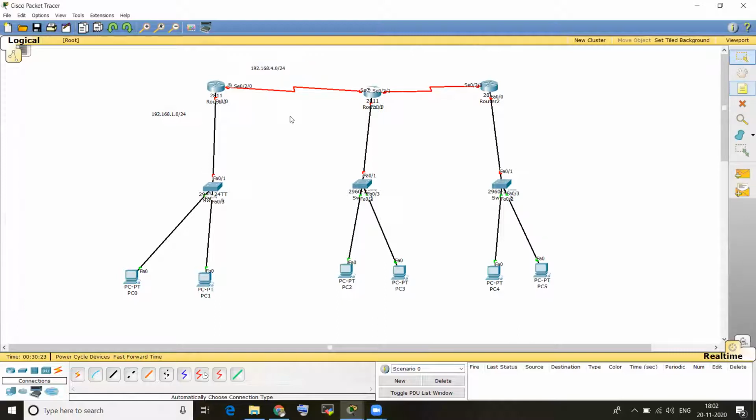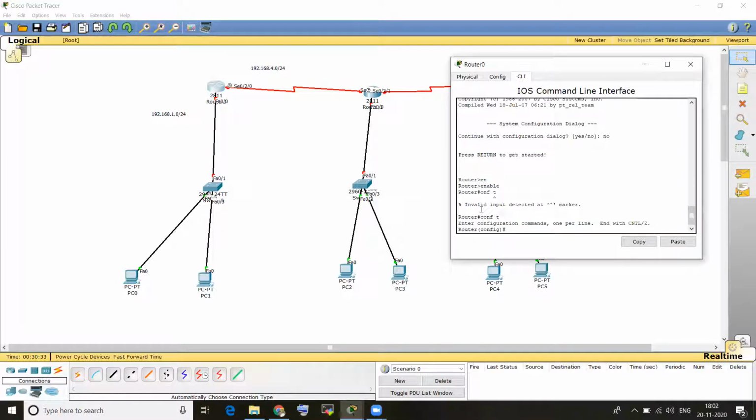So from our router 1 itself we have to assign for this network and this network. In config terminal mode, you have to give the IP address.